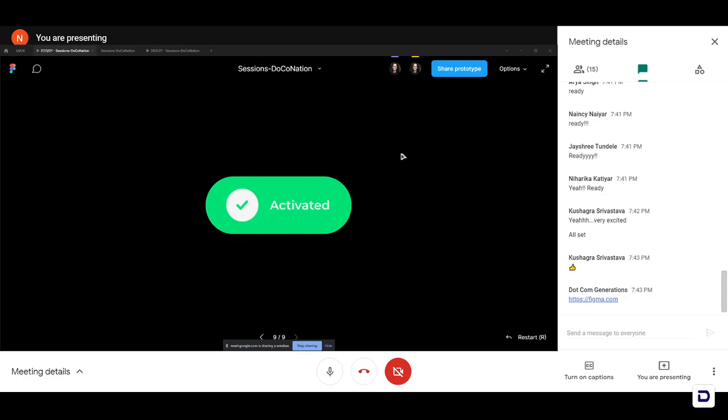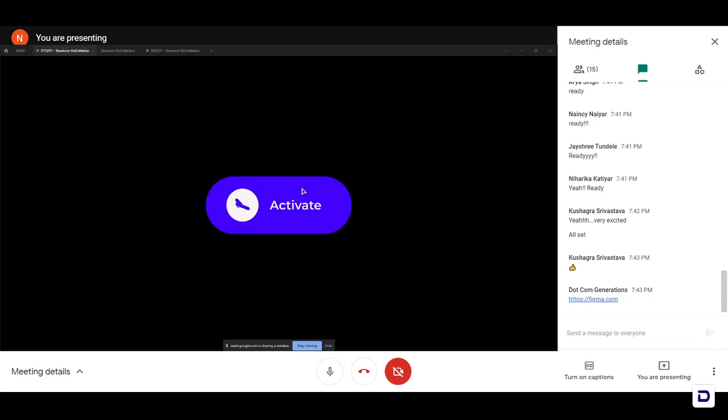So this is the animation that we will be making today. You can see this little activate button which changes motion on hover and then on click, it brings up a loader and that turns into a little submit activated button that turns green. Once you all are ready, we will start making the animation.